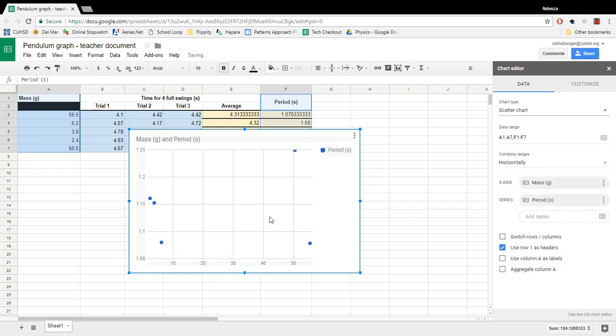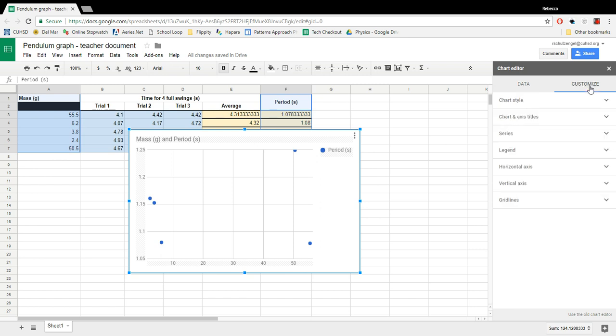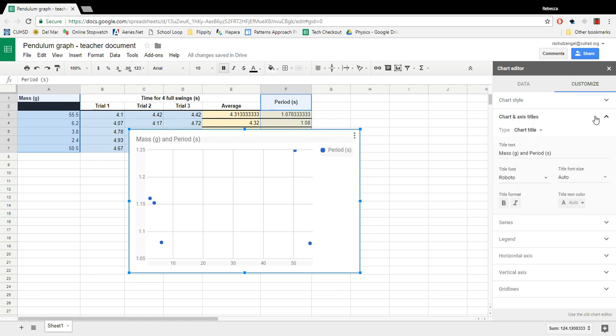So now I have the right type of graph, but there's still a lot of settings that I need to fix because my axes aren't labeled and my title isn't what I really want it to be. And I don't need this legend over here. And I'm also going to add error bars to my data points. So in order to do all of those different things, I'm going to go over here to the Customize tab. And then here are where all the different settings are, and I'm going to expand each one to make the